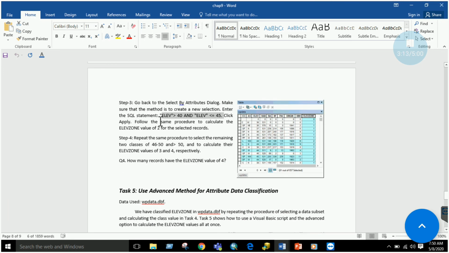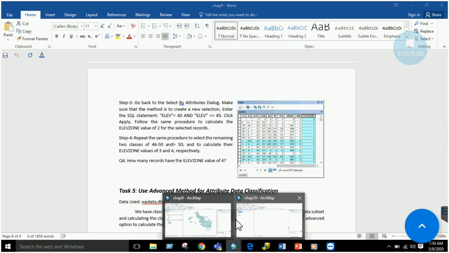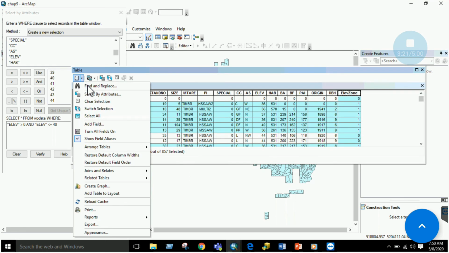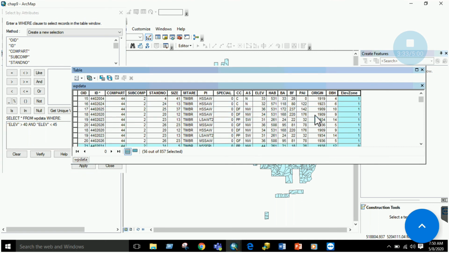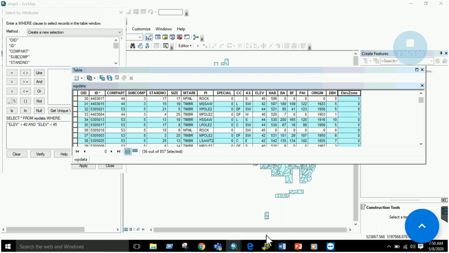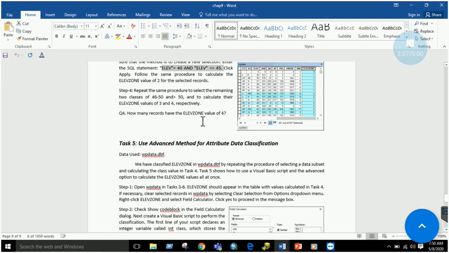Similarly, you can perform this query as elevation greater than 40, elevation less than 45. Select by attribute, elevation greater than 40 and less than 45. Just click apply. Some other records will be selected, right? So this is some basics of relating the tables and fetching some data, right?